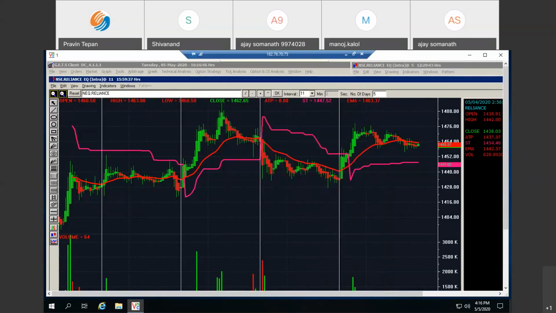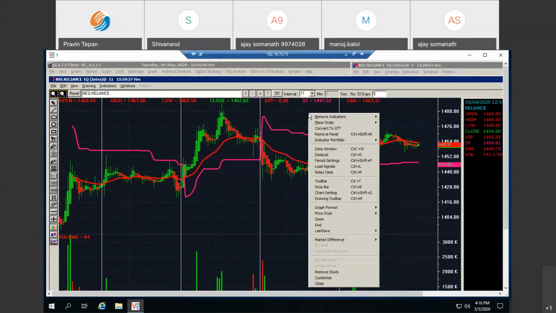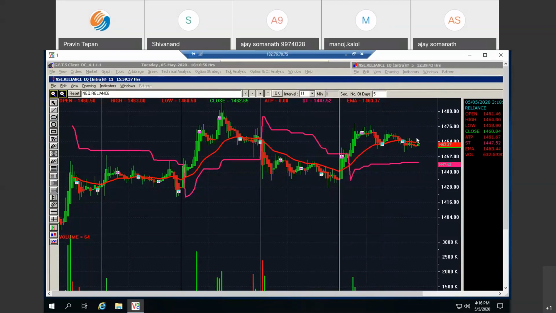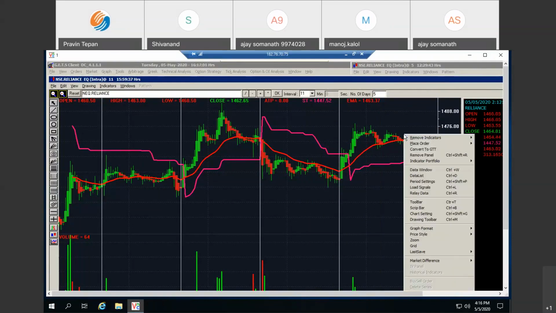So this is our chart UI. You can also right click and place an order from the chart. It will select the price from your mouse position. Anywhere the mouse is, you just right click and place the order, and it will automatically select that price from the mouse. You can either buy or sell directly from the graph itself.